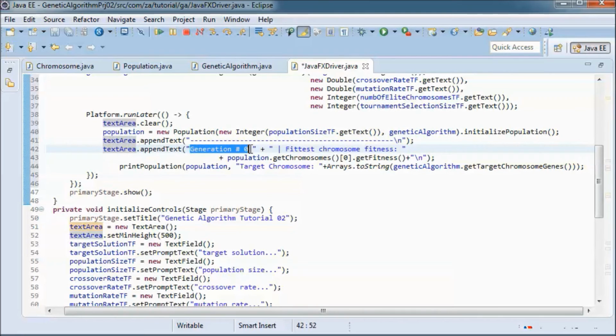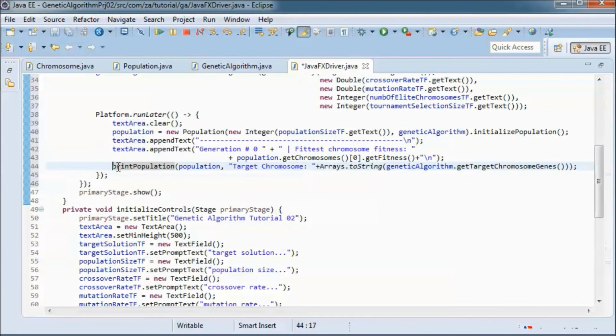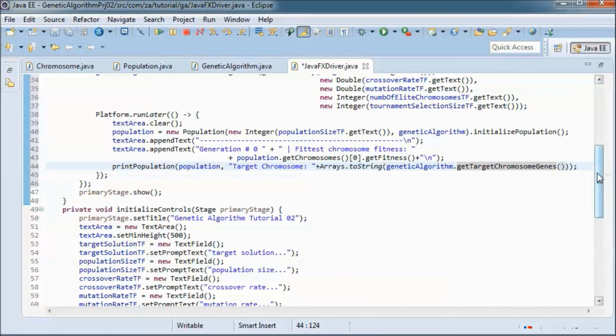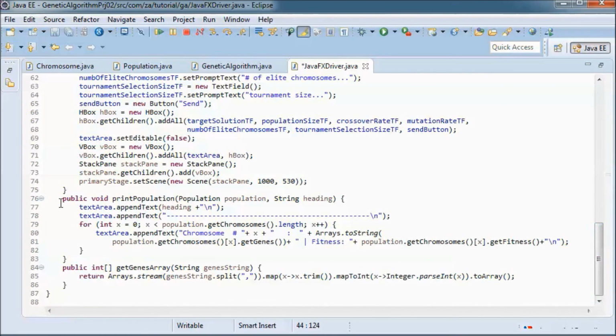So generation 0 and the fittest chromosome fitness. And I will print that population using this method we wrote here.